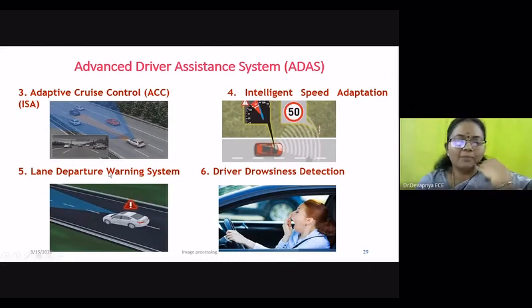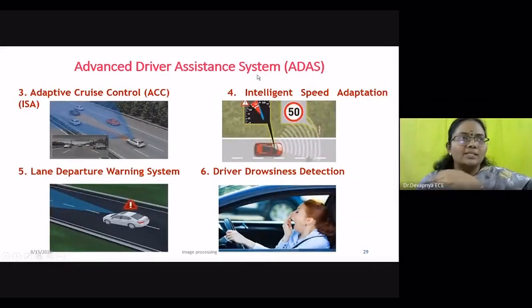Then the lane departure warning. In our country, our number of lanes is not very high, and we say that the left lane is for low speed vehicles and the right side should be for high speed vehicles. But abroad, there are different lanes with respect to different speed limits. For the first lane, it should be around 60. After that, the lane speed of the vehicle ranges from 60 to 80, then 80 to 100, 100 to 150. So they will split up this range.